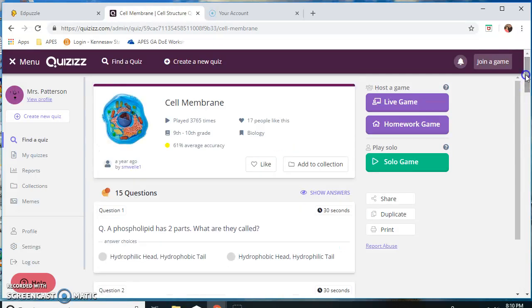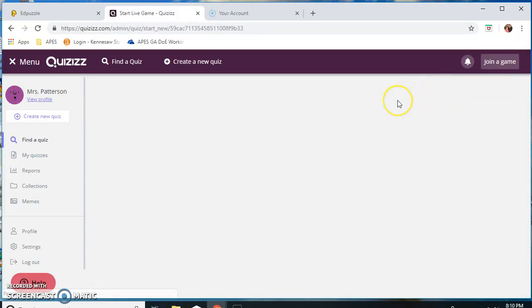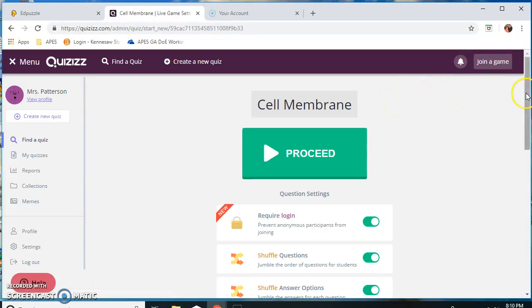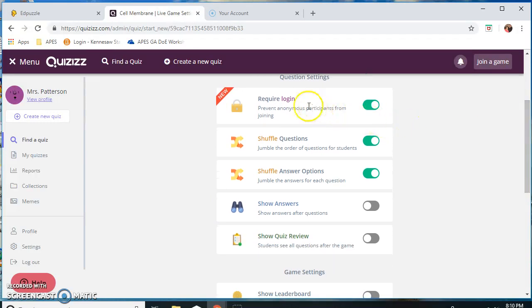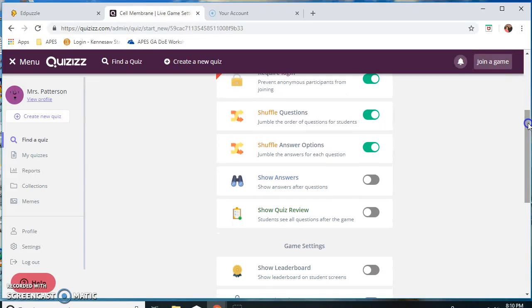If you like it, you can go ahead and use it. You would press live game. This is a kind of competitive game situation, so there are some options as a teacher you can choose. I always require a login. I have my students name themselves. I always tell them to use their name or a nickname I know, because I want to see how they did. You can choose to shuffle the questions and or shuffle the answer options,